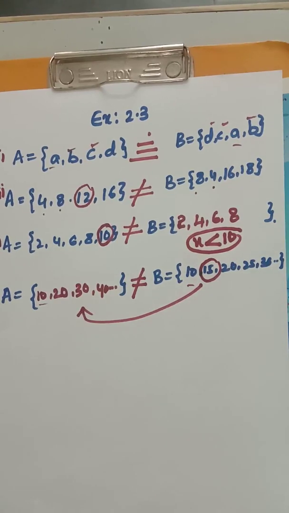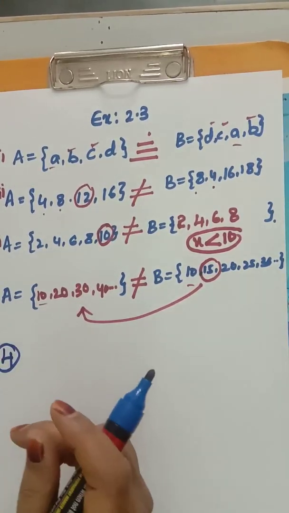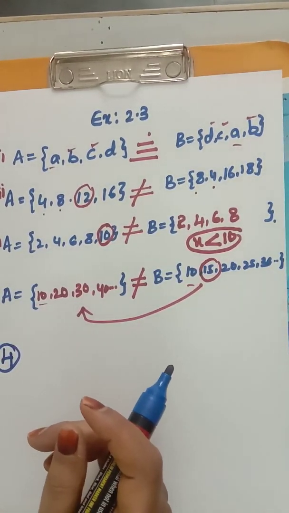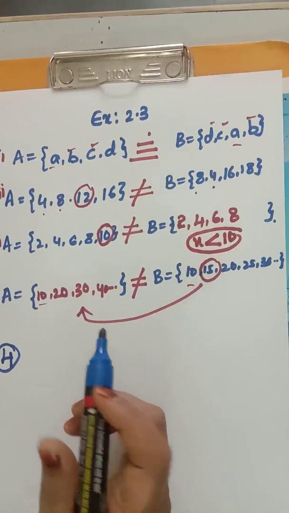Now let's move to the next one. List all the subsets of the following sets. Fourth one, again give reason. It is the fourth bit. I have read the third one, so the fourth one I am just explaining to you. You have to do it in the textbook. State the reason why it is a not equal set.